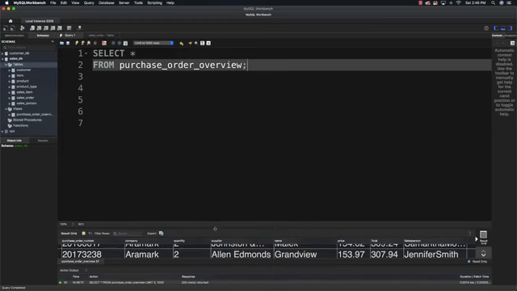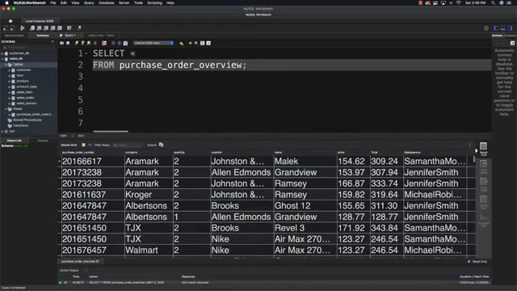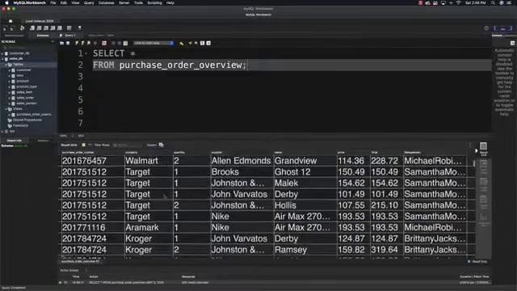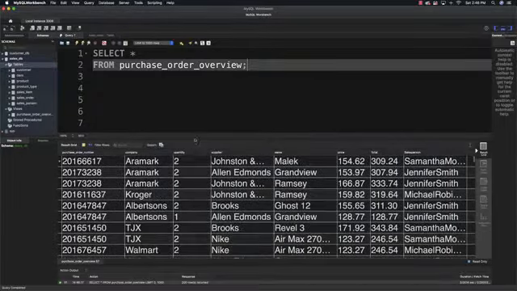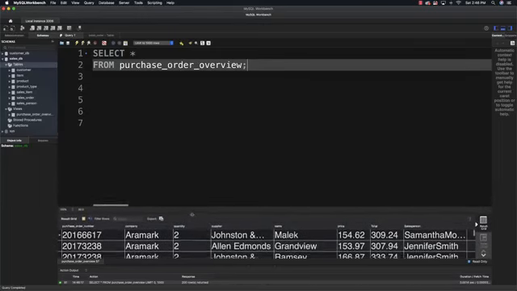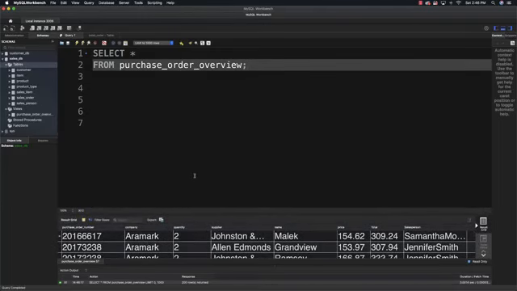And whenever you do, it's going to give you this view with all of that information that we requested. So pretty neat stuff and very, very useful. And that's how we go and create views and how they work. All right. Now you're going to be able to drop this view if you decide you don't want it anymore,